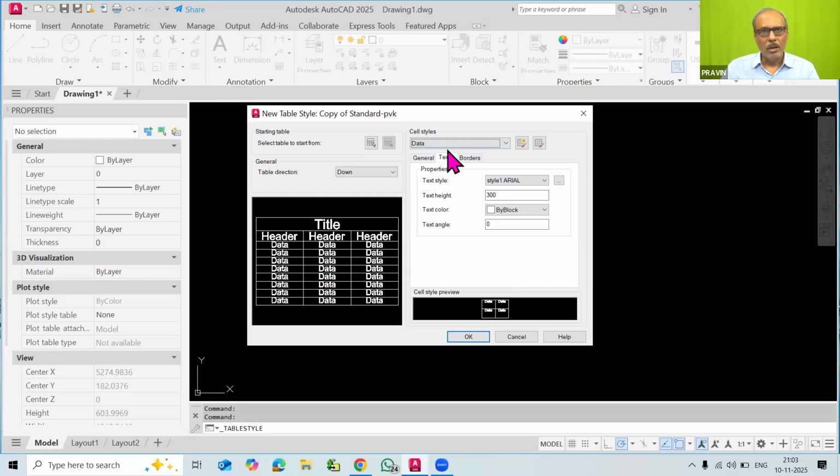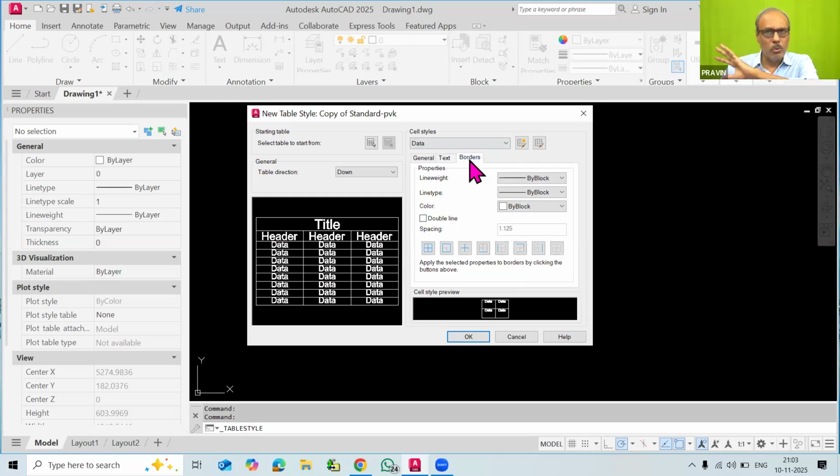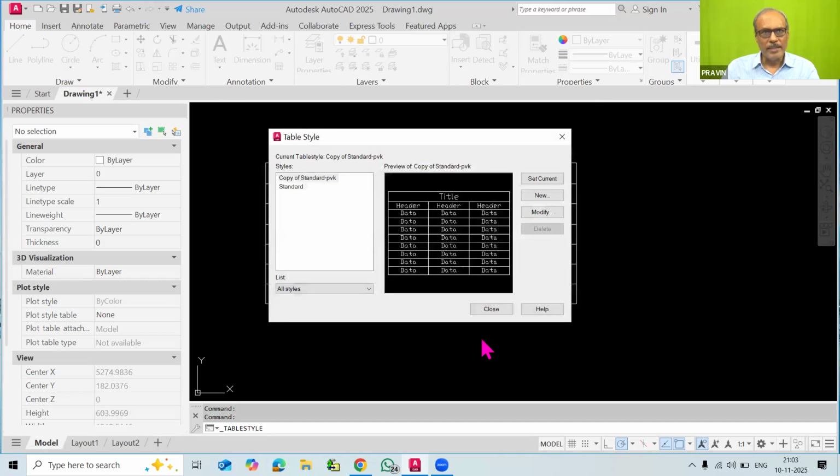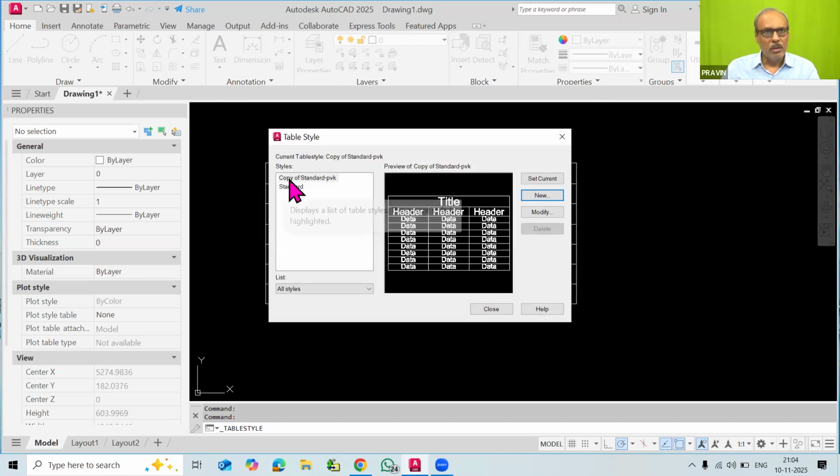And now we can also adjust for the border, but no changes are required here, don't change anything in this. So we only have to keep it as it is. And now I will click OK. As I have clicked OK, you can see here the new table style, that is copy of standard dash PVK, is created, and that is shown here.